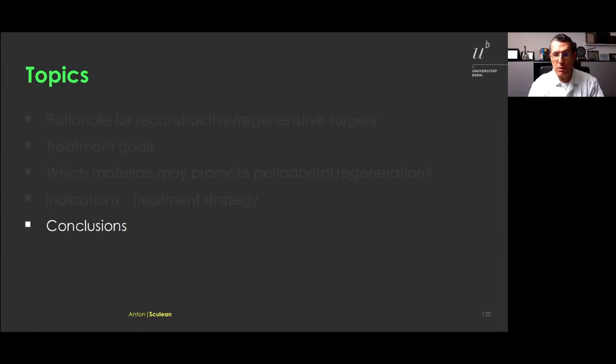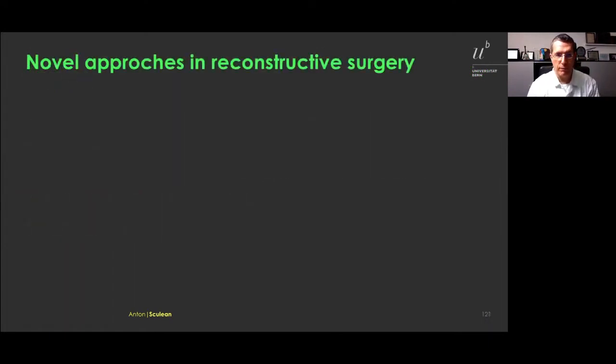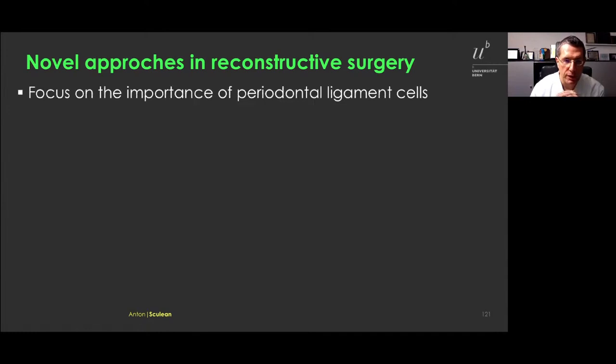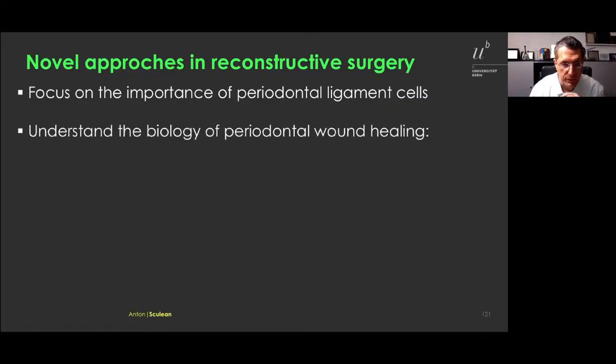And let me come to my conclusions. So when we think nowadays about regenerative surgery, reconstructive periodontal surgery, the focus should be on periodontal ligament cells, because these are the key cells in periodontal regeneration, okay? They are responsible for periodontal regeneration, not the bone cells. Therefore, we need to understand the biology of periodontal wound healing much better,